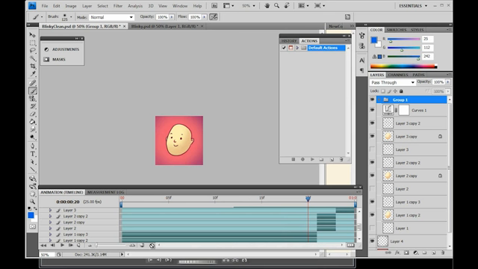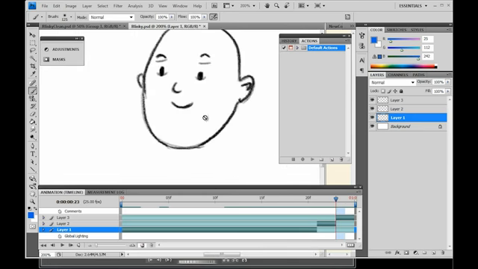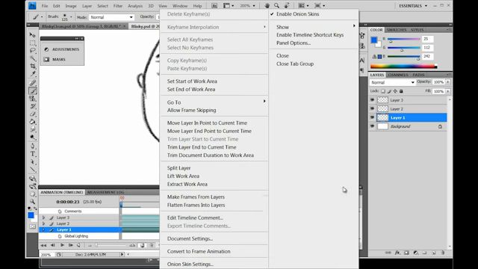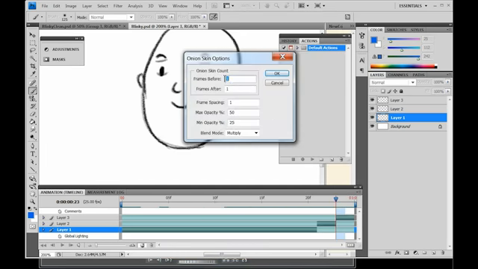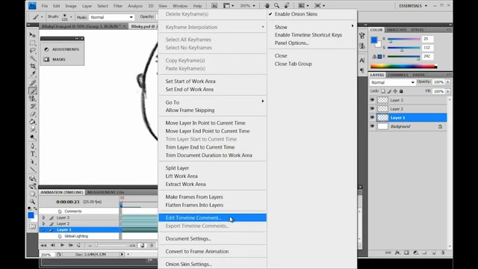Before I get too much further on, I just want to explain why I don't use the built-in onion skin setting here. Basically, that's because it's really slow to draw with. If you turn onion skin settings on and you move to your frame, it renders before and after, and you can go over here and click onion skin settings, and you can say 5 frames before and 3 frames after. You can make it normal rather than multiply. You can do all of these settings, and they can be really great for certain problems, but I find that as a drawing tool,